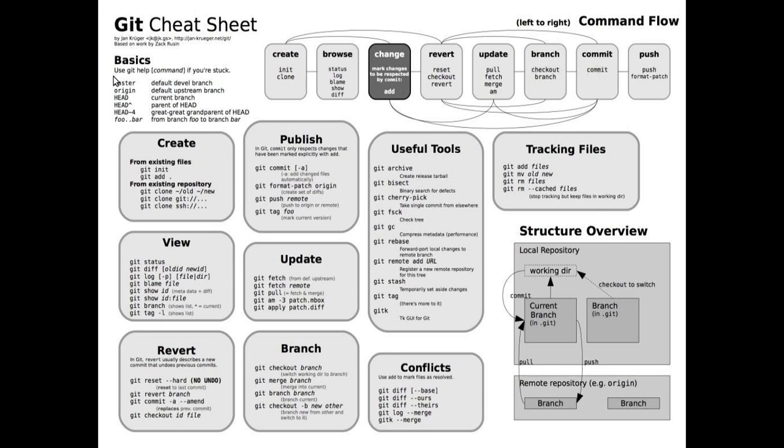Okay, now let's look at the understanding of some basic terminologies, like what is master. So what is master in Git? Master is the default development branch. If you see any open source project which is associated with Git, you will see that there is a master. The master branch name is master. So this is nothing but your development branch.